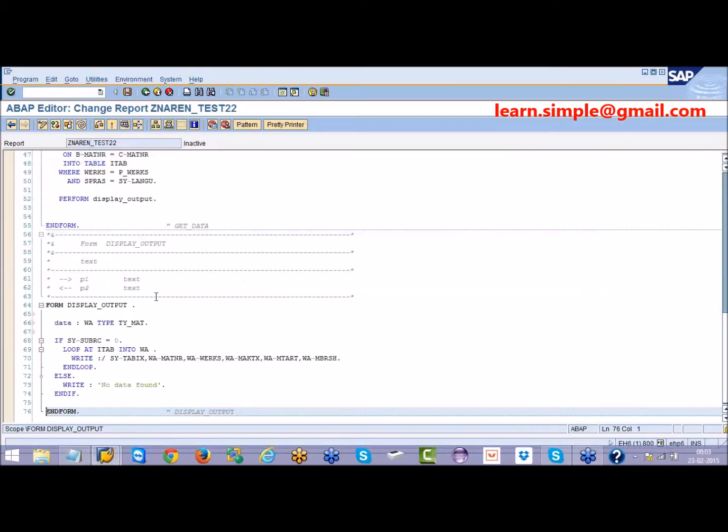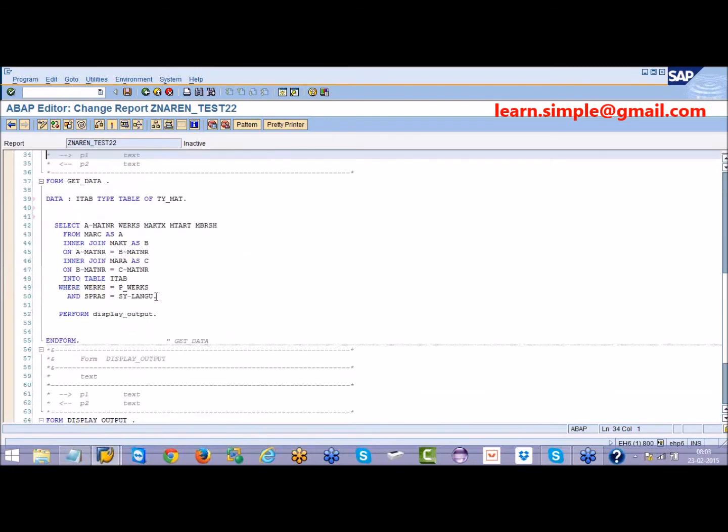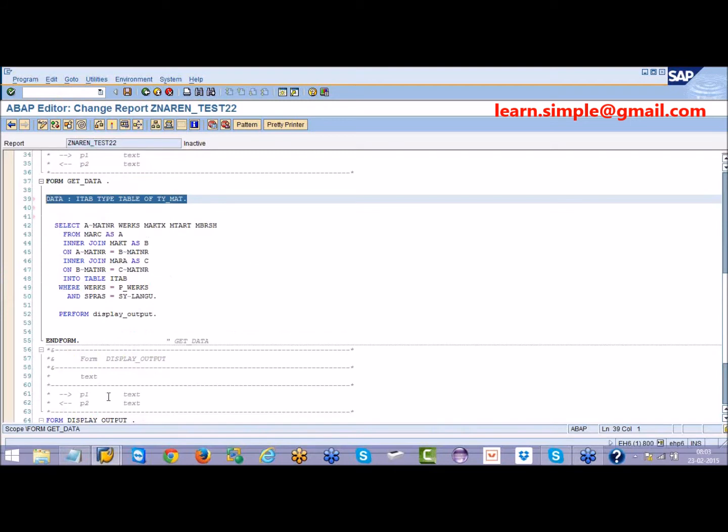Here we have a requirement of passing an internal table from this subroutine to that subroutine. Before that, you need to understand how to pass variables and how to pass work areas. If I have declared a work area, how can I pass it?